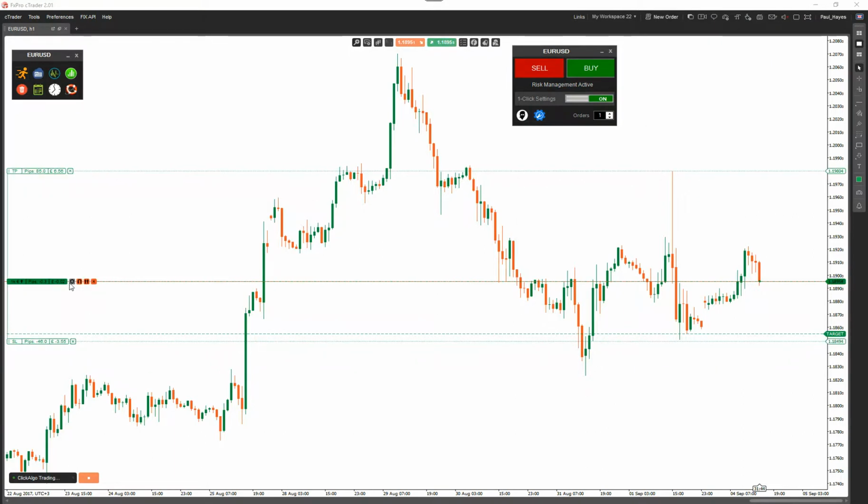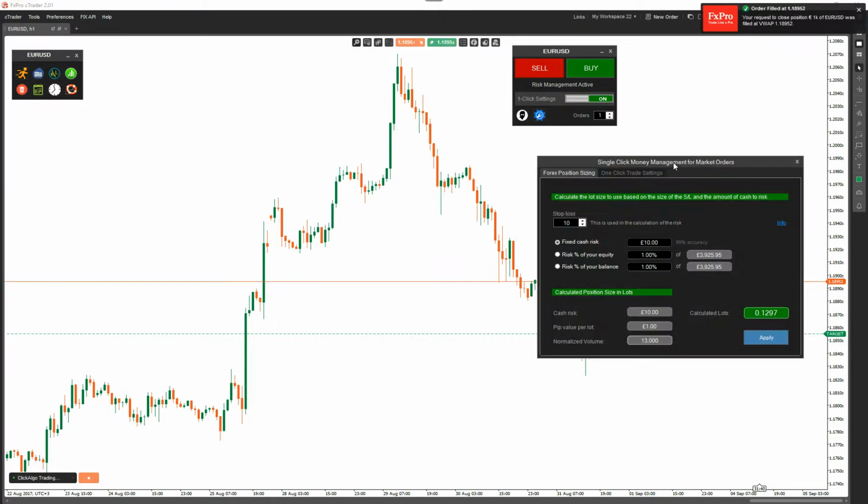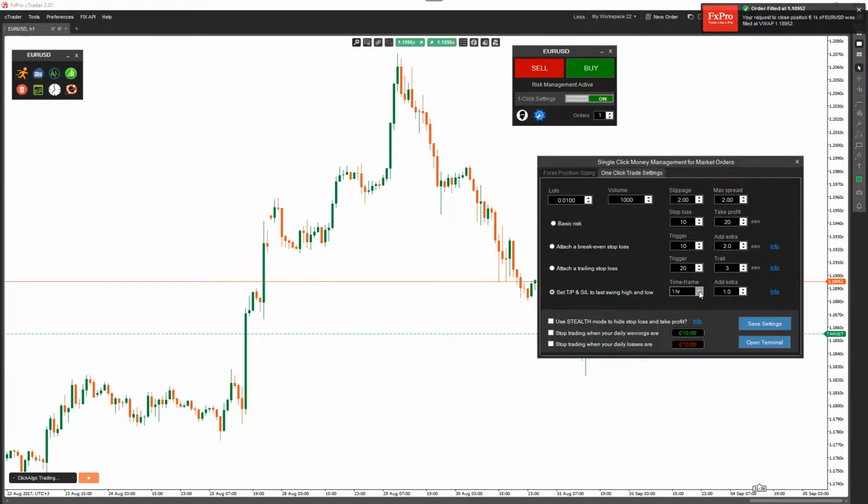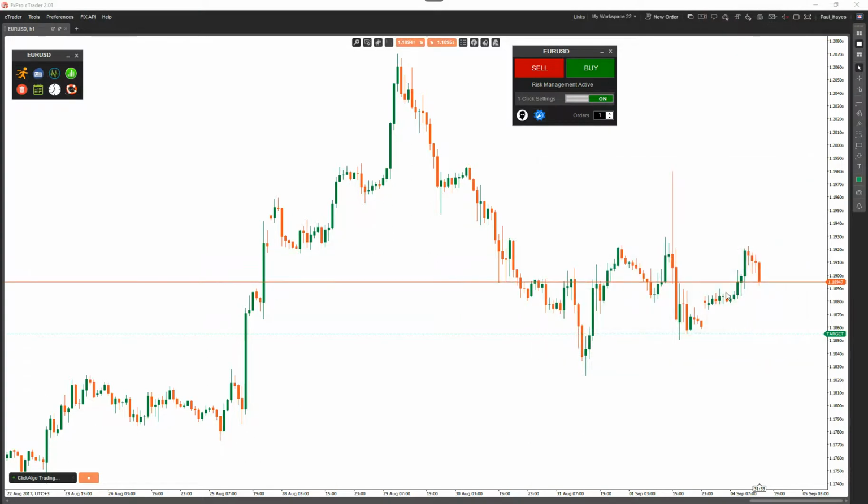Okay, if I cancel that order and go back to the one-click settings, I also want to show you what will happen if you set the time frame to, say, 4 hours. It's going to find the last swing high and low in the 4-hour time frame, so it'll be in a different area. So if I click buy again,